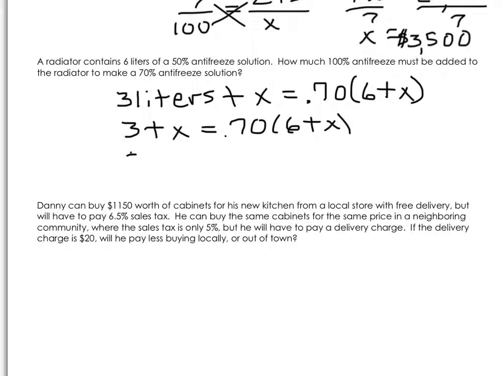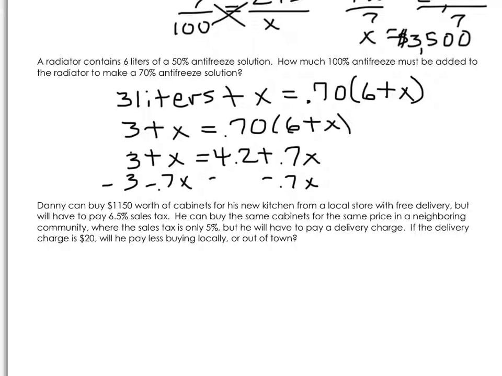Let's get rid of the parentheses. 3 plus X equals 4.2 plus 0.7X. We need to get our X's together on one side. So let's subtract 0.7X from both sides. Let's subtract 3 from both sides. That will give us 0.3X equals 1.2. And we divide by 0.3, and we get X equals